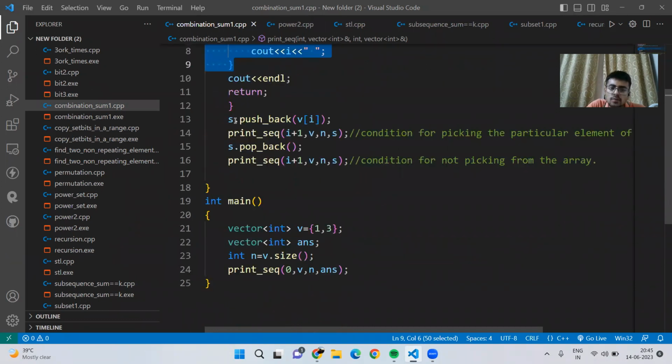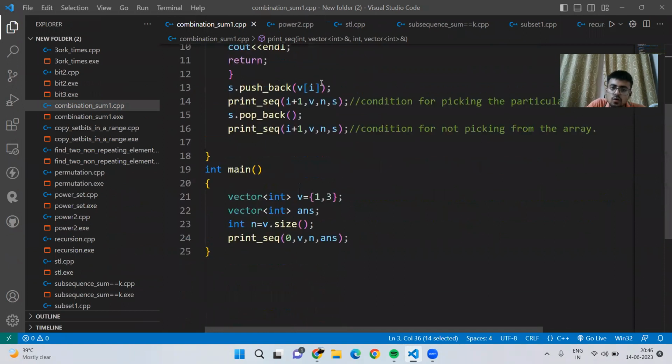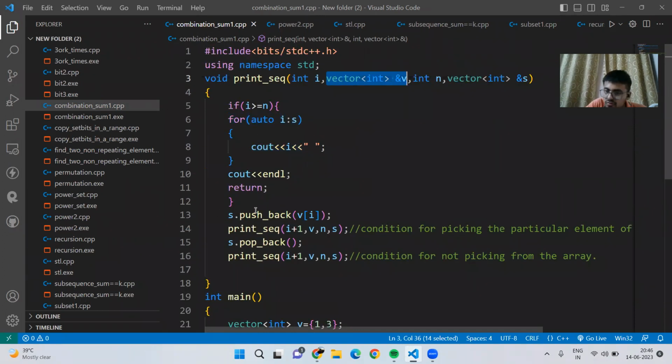So this is the case. What I'm doing here, I have taken a temporary data structure, and I have just printed it. And this is the particular vector which is holding all the elements initially, for which you have to generate the subsequence. And this is your size, the size of the element, and this is the particular index. Initially I have pushed back the element, and then I have moved the index to +1, and this will run till the